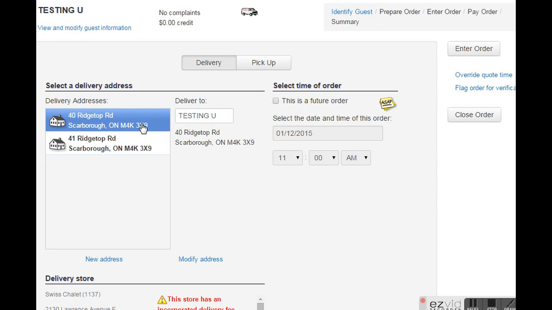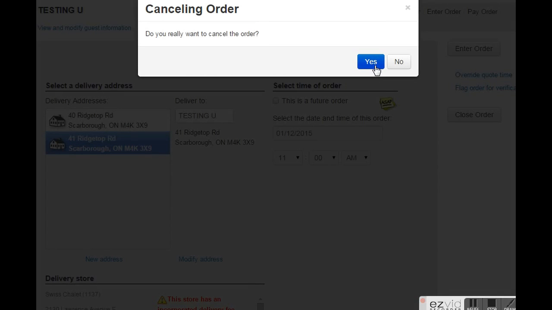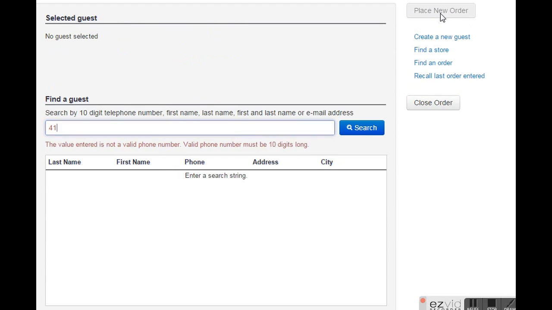Now, if I did want to send the order to 41 Ridgetop Road, all I have to do is click 41 Ridgetop Road, and I can now see that the Deliver To section says 41 Ridgetop Road. So I would not recommend adding a new address on this page, as it is highly susceptible to error. Now I will show you the correct way of making an address primary. I'm just going to start again,